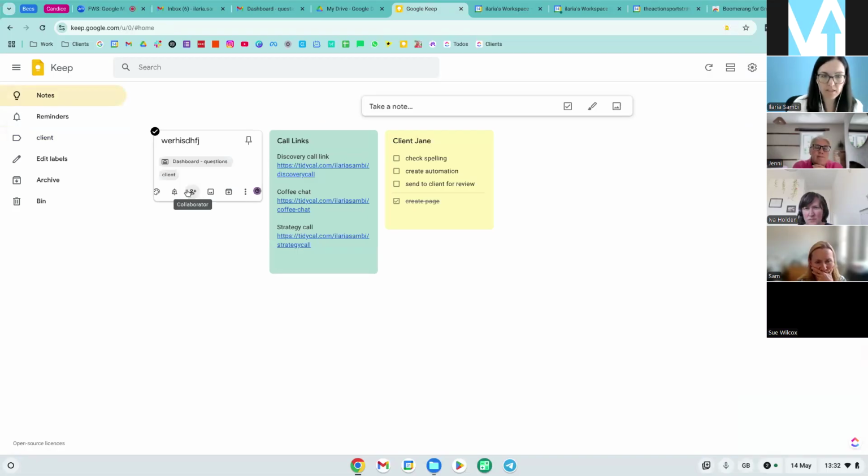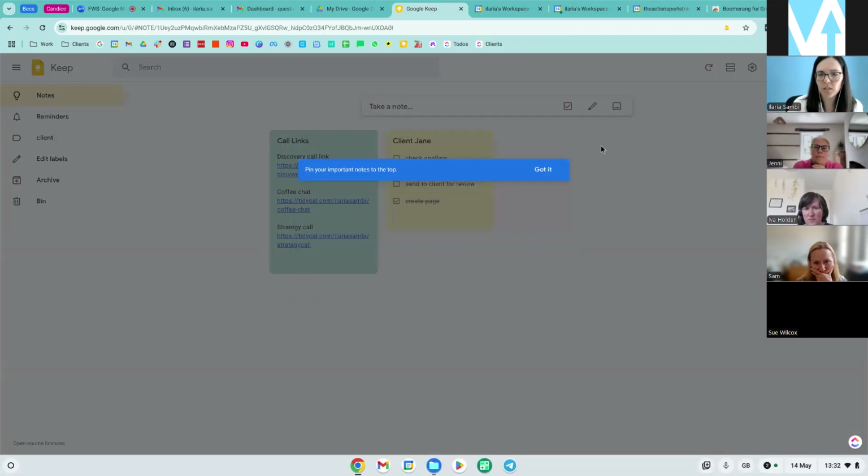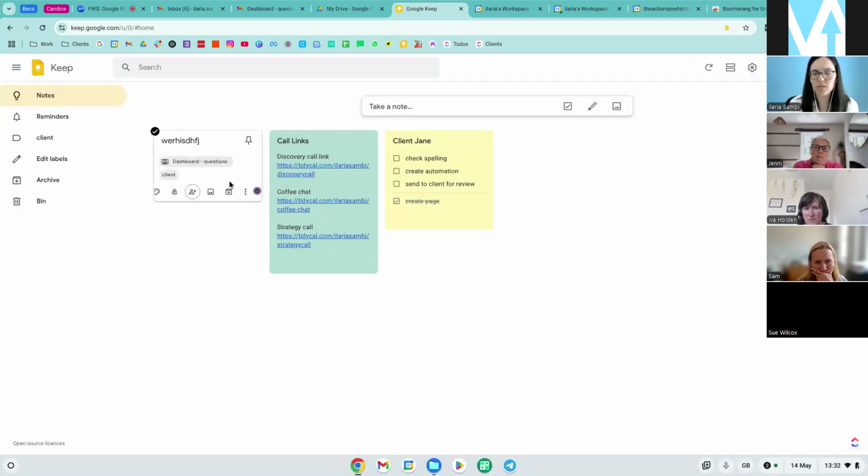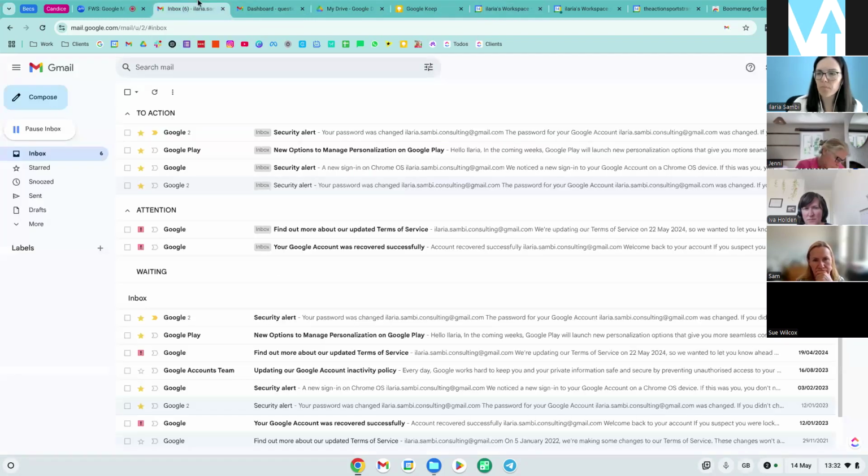You can add reminders in notes. You can add collaborators. I do this with my husband when I have a list of Christmas presents. We share a Google Keep note. You can archive, add images, and add a little bit of color. Yeah, so I really recommend using it for quick notes.